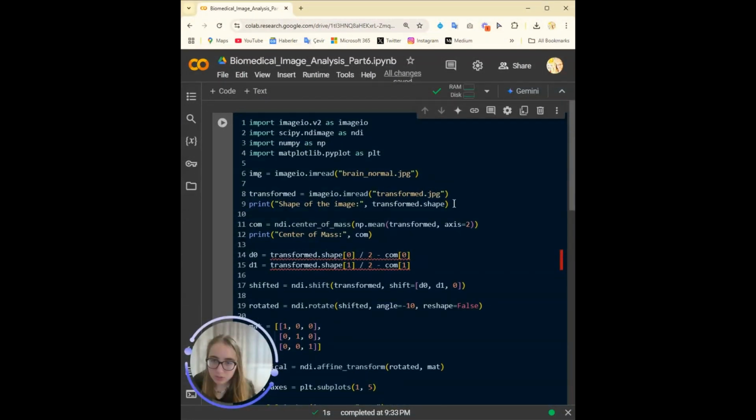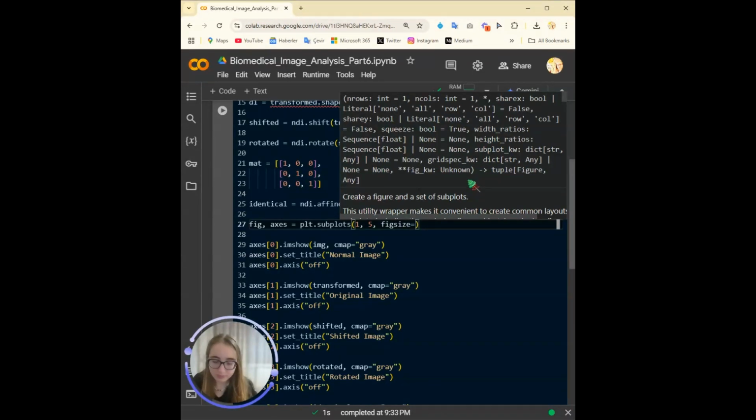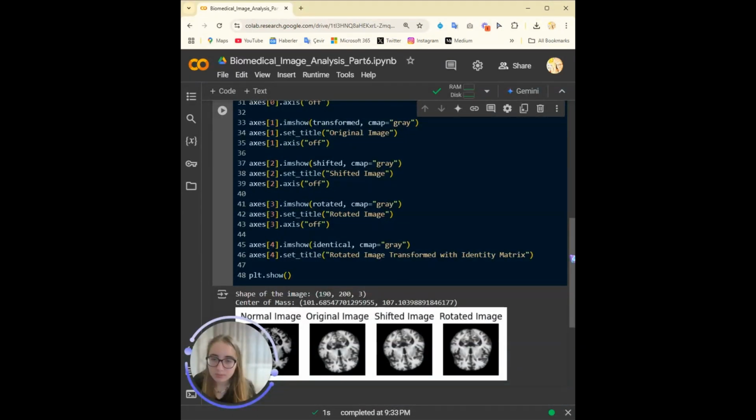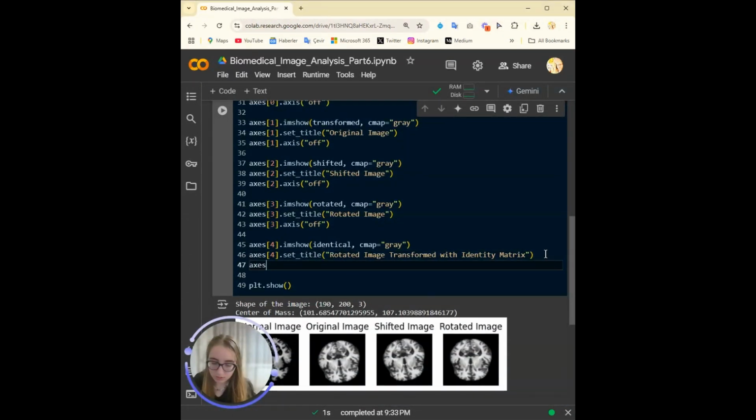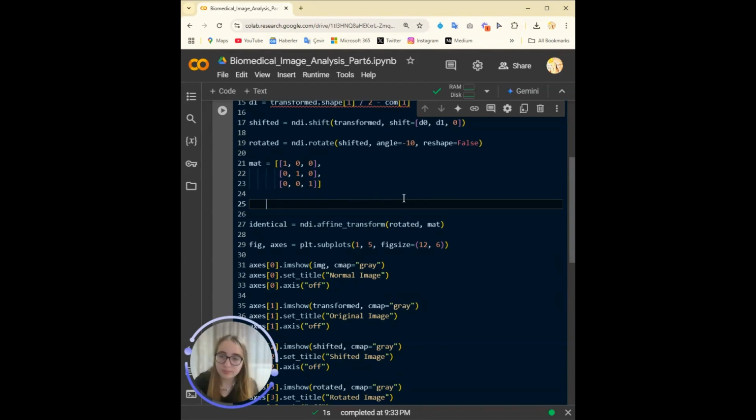I also have to change the figure size at this point because it will overlap. Maybe 12 by 6. Let's see. And then axis 4 off. And let me show you the other matrices too.